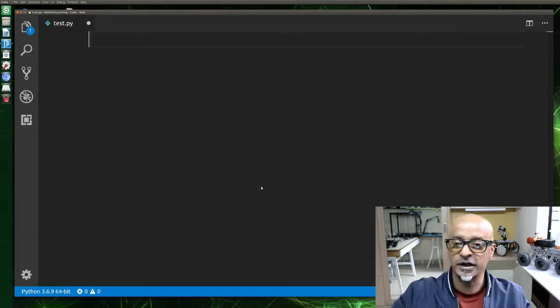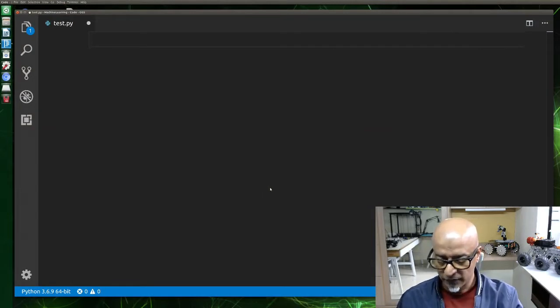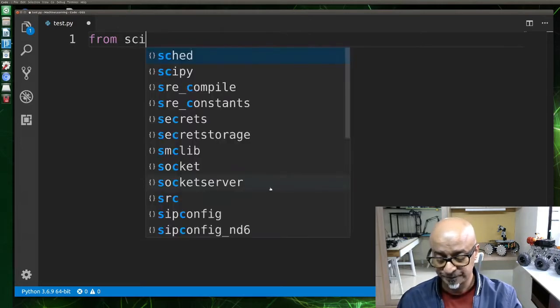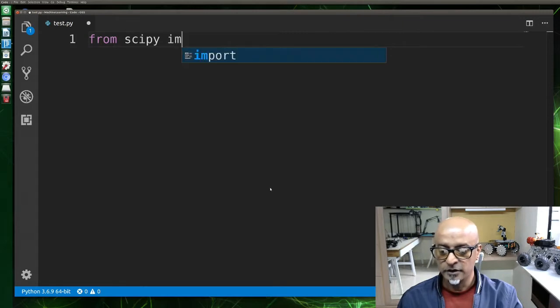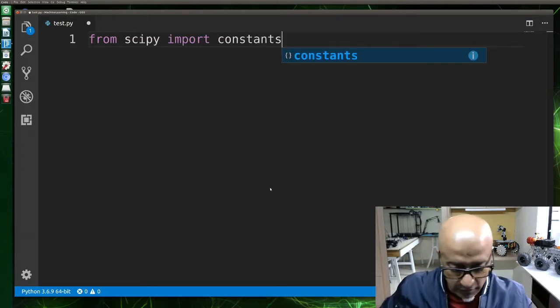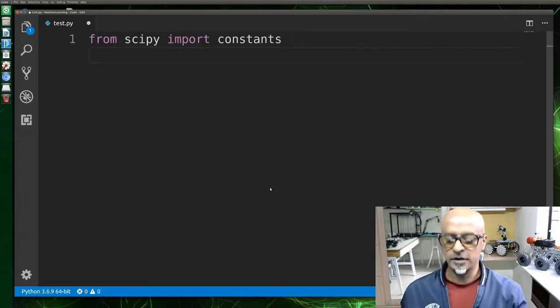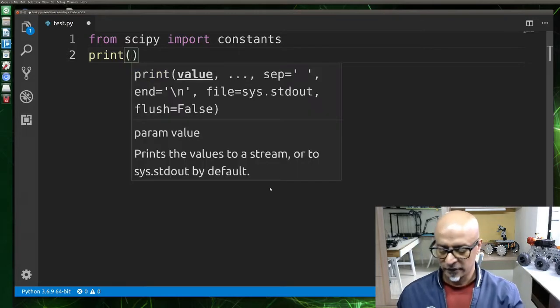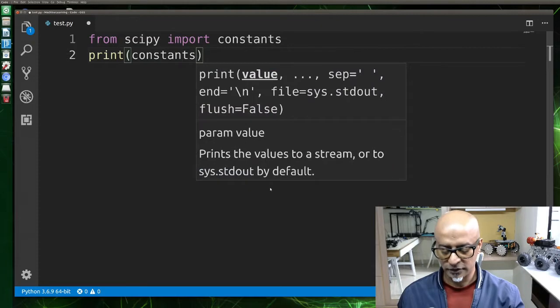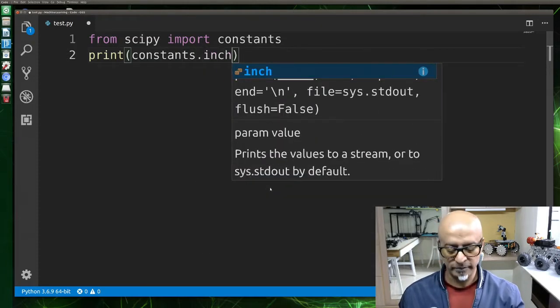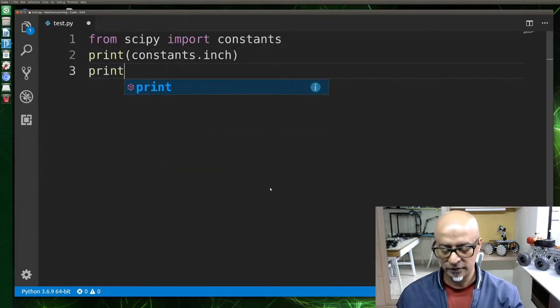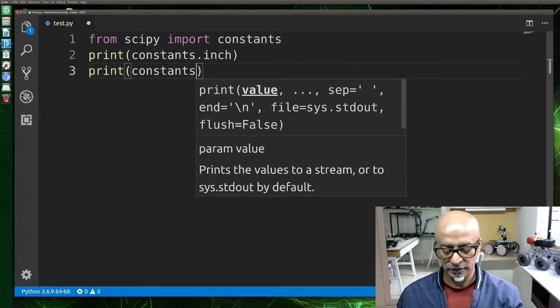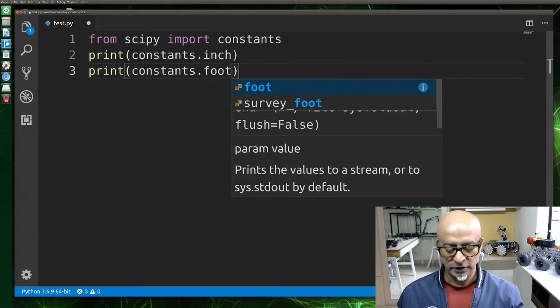All right, I am going to get into my IDE, Visual Studio IDE, which I installed in Jetson Nano. Let's import our friend NumPy, sorry, not NumPy, SciPy. From SciPy, import constants. All right, and then let's print the length constants at different parameters for length, which is constants.inch, one of them, and then print constants.foot is one of them,